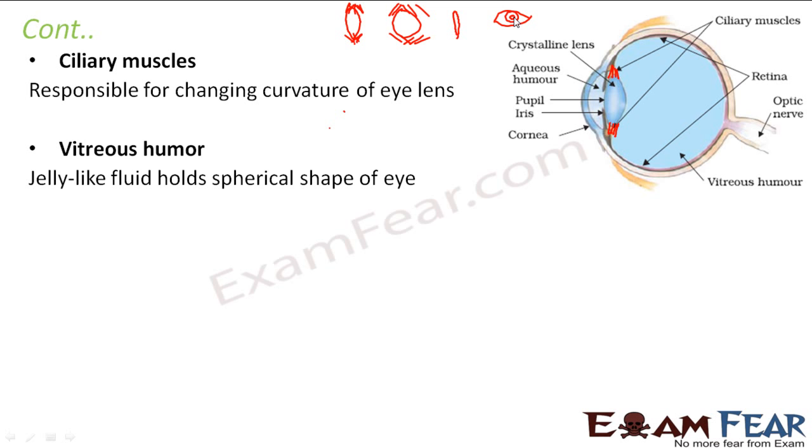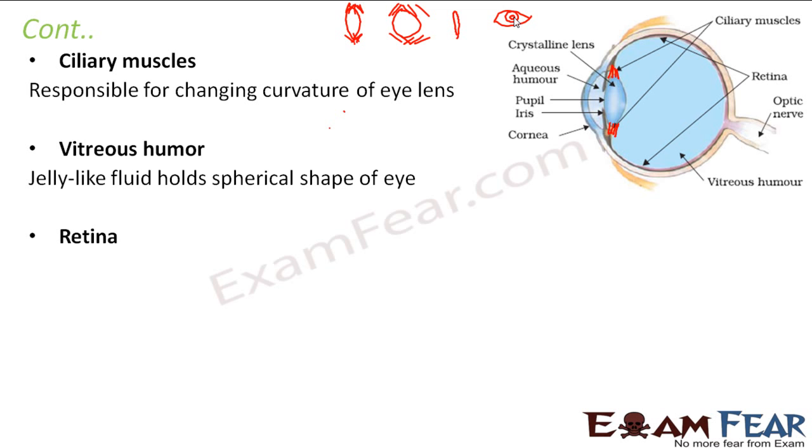But actually our eye is spherical in shape. It is like it is put inside a socket. So from the front, we feel as if it is circular in shape, but actually it is a sphere which is put inside a socket kind of structure. So this vitreous humor actually maintains the spherical shape of the eye. Like how you would have seen that if you take a balloon and fill water inside it, what happens? The balloon gets inflated. So the spherical shape of the balloon is because of the fluid which is present inside it. Similarly, for the eye also, the spherical structure is maintained because of this vitreous humor.